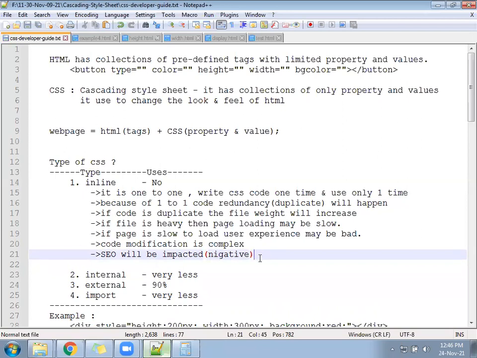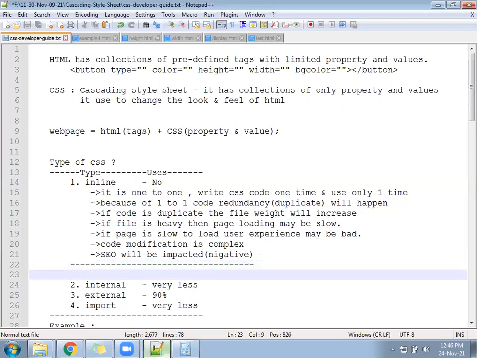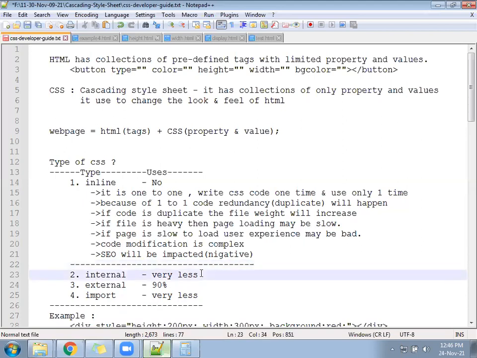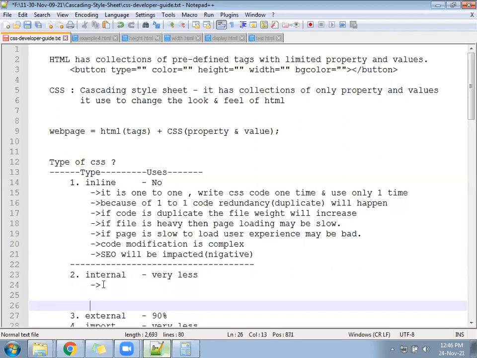Negative. Okay. So what we understood through inline CSS is that yes, it is working. Property values are there. We have to remember the property value and, according to need, apply it. But due to some limitation, inline CSS does not support writing once and using many times. Inline CSS is like you write once and use only one time. If you want to use it again, you have to write again. That's called duplicate code. Because of duplicate code, many problems come, so you are not going to follow inline CSS. For understanding purposes, a few points are important.